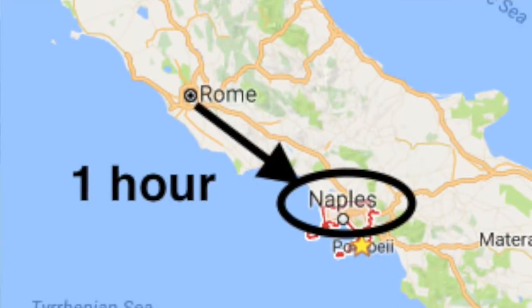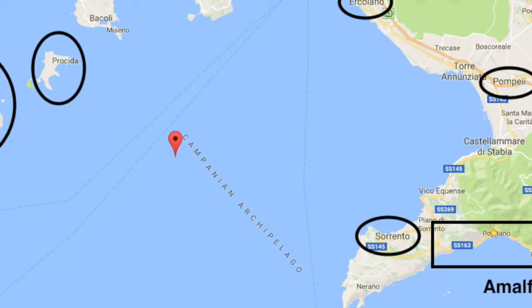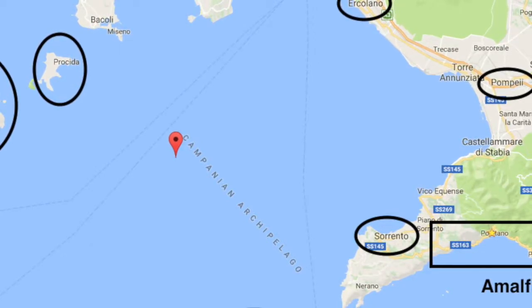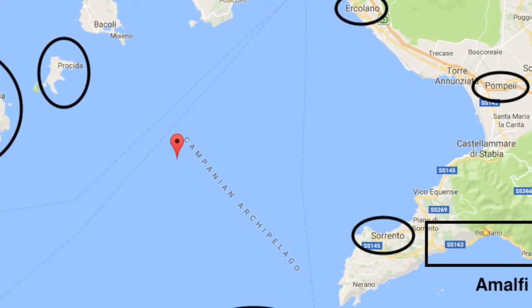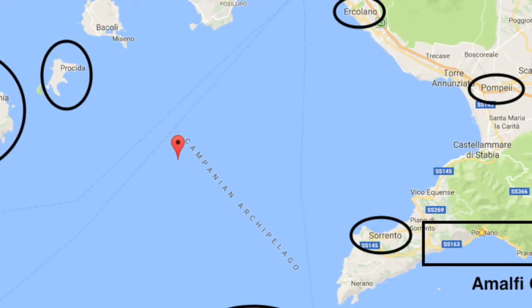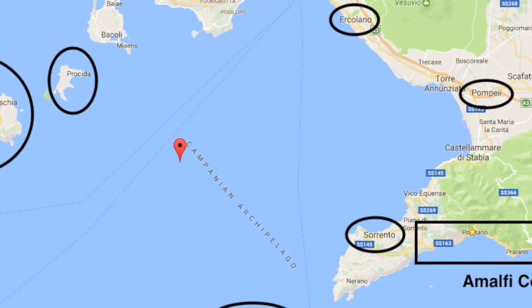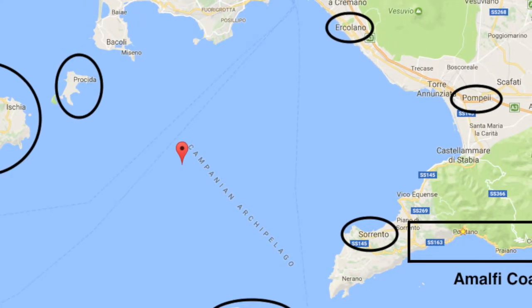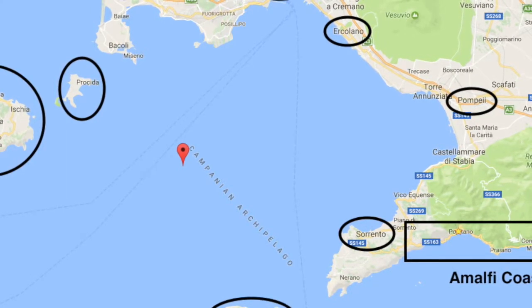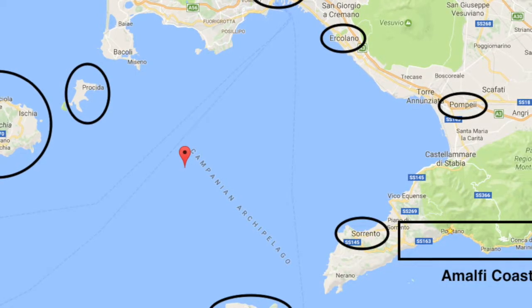The suggested place that I say that you stay in this region, and you're looking now at a map of the Bay of Naples, which is what's going to be the focus of this show. I would suggest you stay at Sorrento. You can see right there at the bottom of the map. So the train will take you into the Naples train station, and then you would take a train known as the